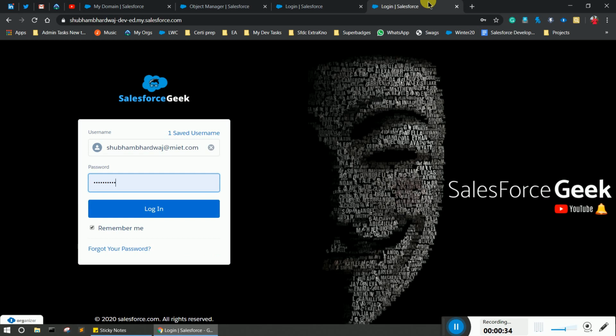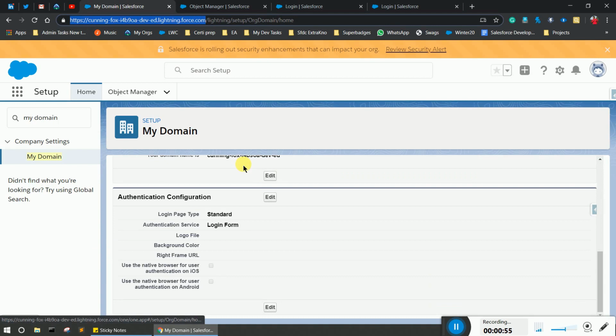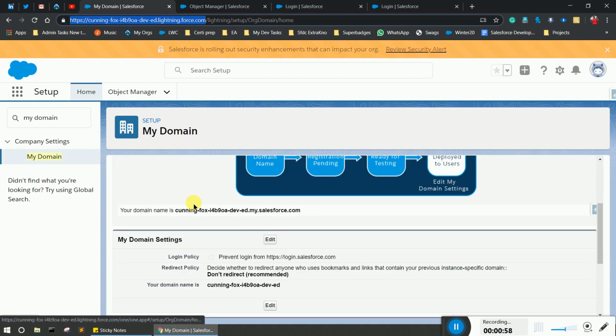First of all, I will let you know, if you have a Salesforce developer org, then the process is somewhat different. And if you are working in a Trailhead Playground and you want to customize your Salesforce login page, then it will be less customization, because in the Playground you already have Salesforce My Domain enabled. So you simply have to edit some particular things. But today I am going to show you how to enable, or create, Salesforce My Domain in your Salesforce org. That way we can cover both parts.